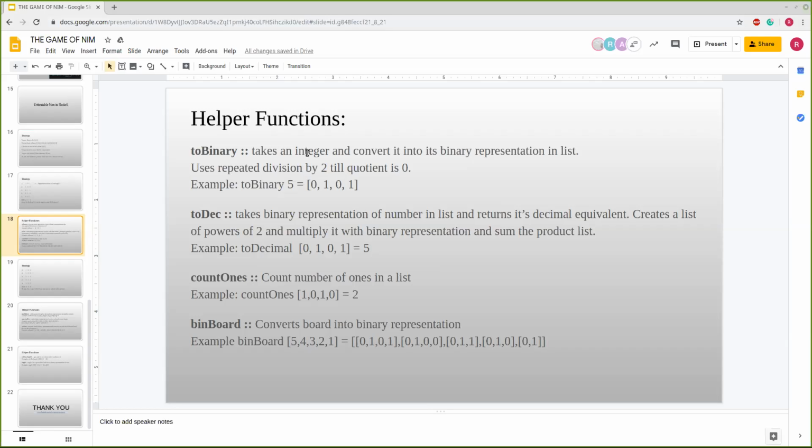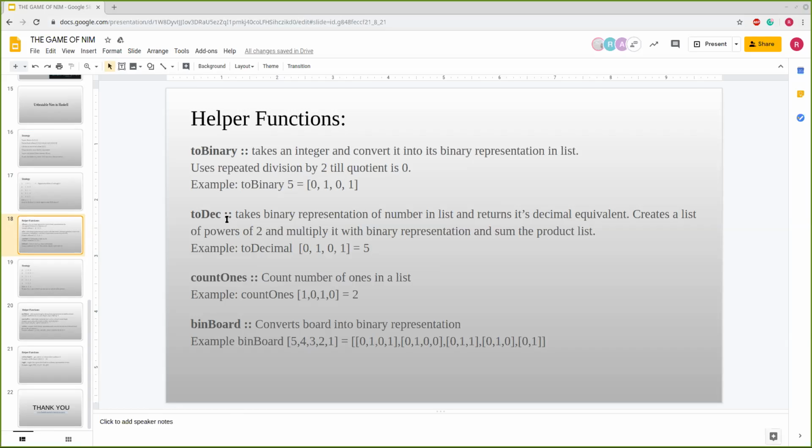Actually, because of the base case, one more 0 is added. Here we are repeatedly dividing by 2 till the quotient is 0, and then we are recursively appending the remainders to get the binary representation.